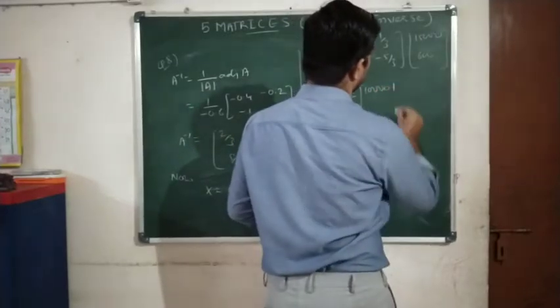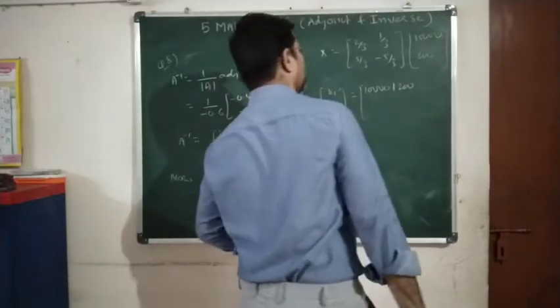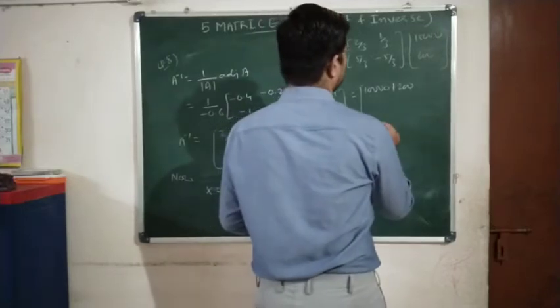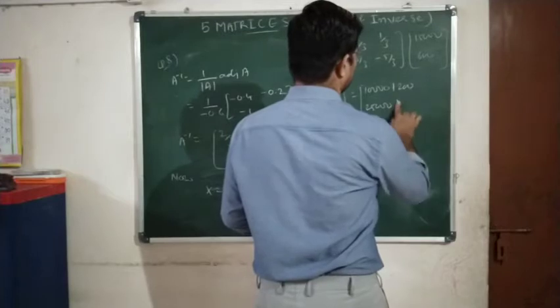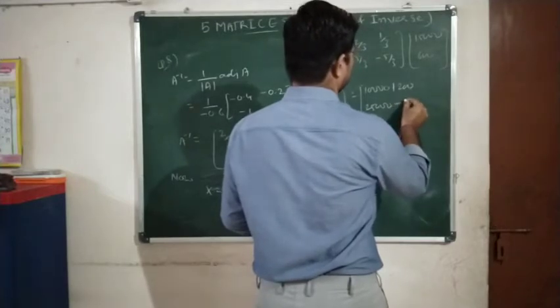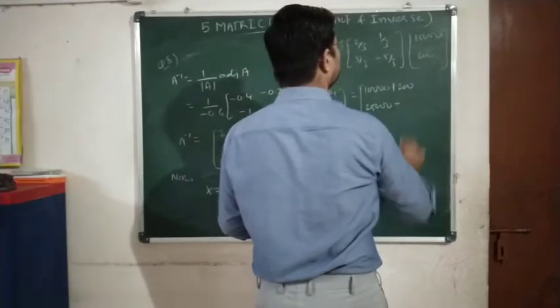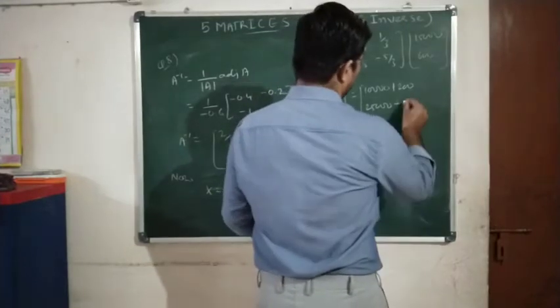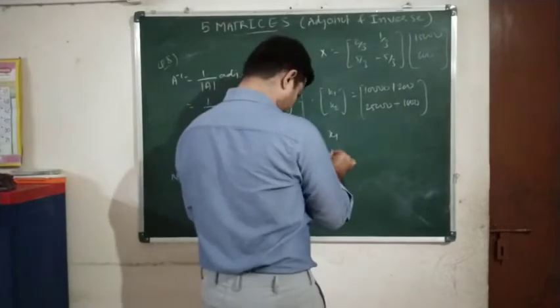plus 200. Okay, 10,000 plus 200, and the second will be 5 5s are 25,000 minus 2 5s are 10,000. Okay, so x1 x2